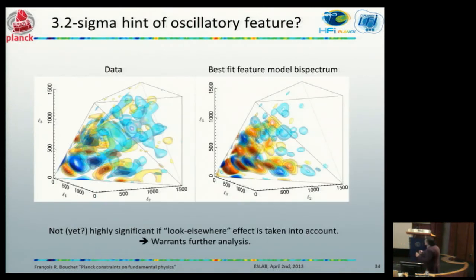And of course, you can immediately see there is some similarity and so on. So now the question is, how significant is this? And of course, we looked through a large number of models, so you do expect at some point to get matches like this. In any case, this is also a running theme. This search is really very much about looking at the territory and seeing what is interesting and what needs further analysis. And that's what we're doing. We're not claiming that this is it, but we did find some indication, some path for further research. This is clearly one of them.